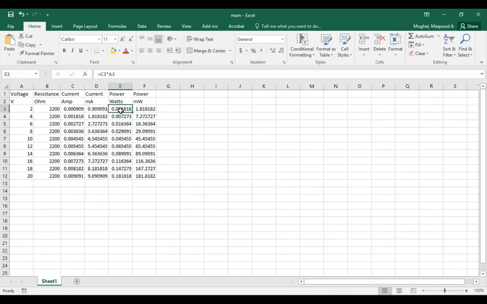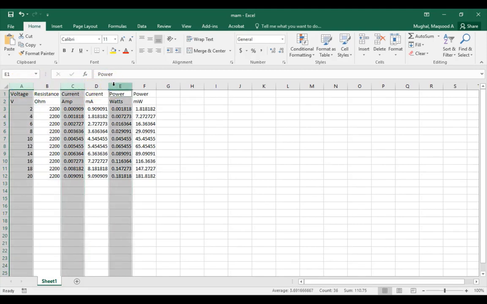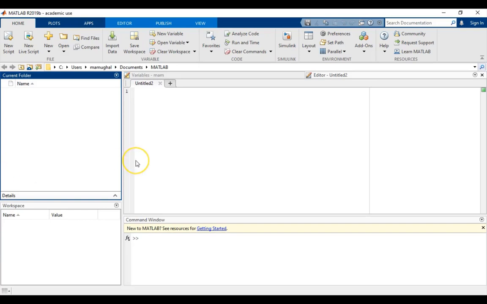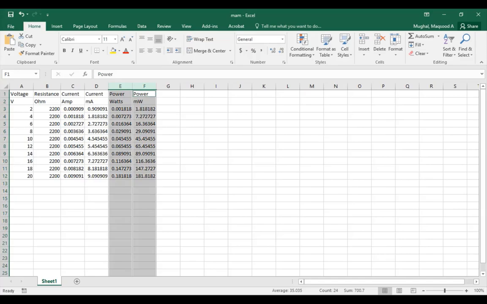We all know that power is a function of current and voltage, so basically multiplying the voltage and the current readings, so we get power. And also I wanted to convert the power into milliwatts, so I multiplied these readings right here by 1000 to get this. Okay, now if you go to MATLAB, it's going to be a lot simpler if we import this